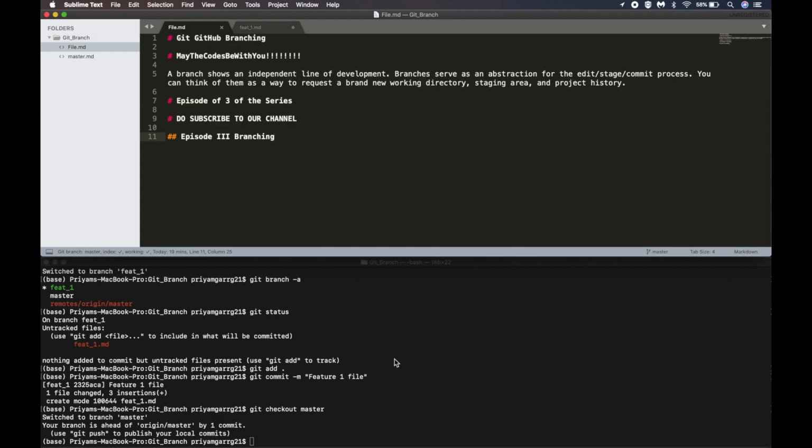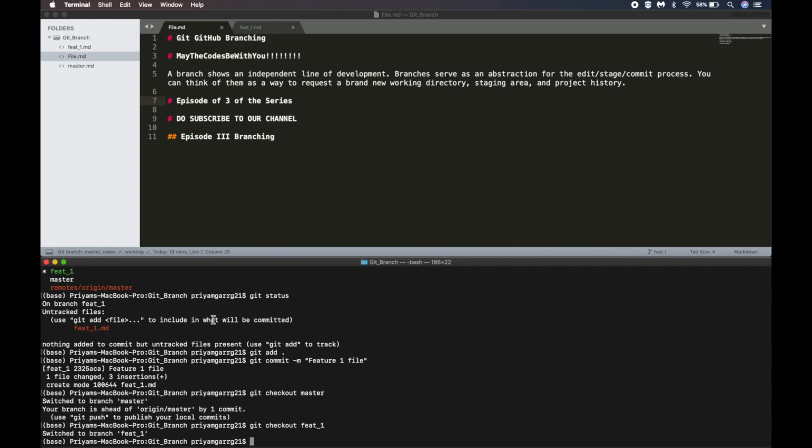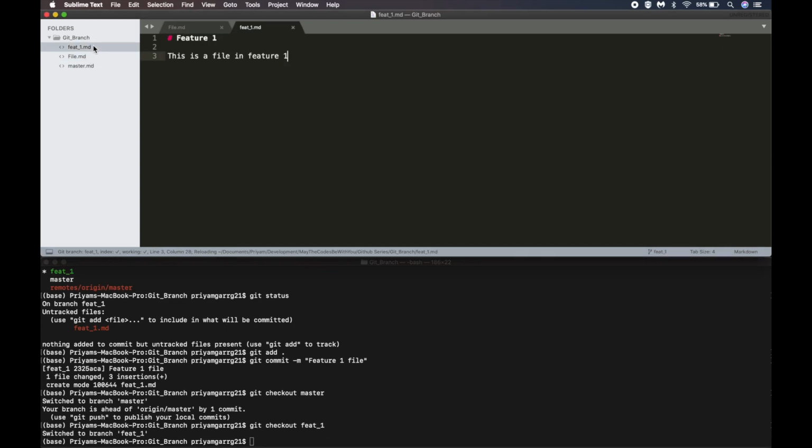So if we go back to our feat_1 branch, as you can see the file has come back with it. So this is how we can work on a file on the branch by creating another file.